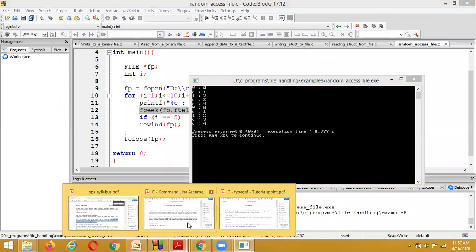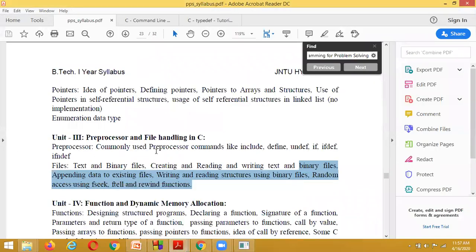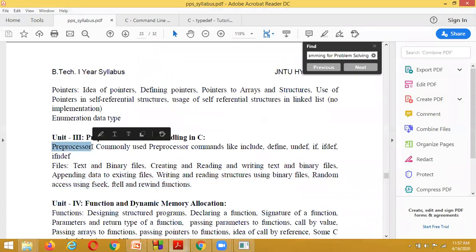This is all about random access files, and this is all about your third unit. Inside the third unit, we have discussed preprocessors and files. Inside files, the functionalities you need to remember are fopen, fclose, fread, fwrite, fprintf, fscanf.